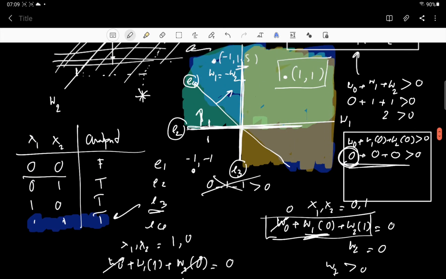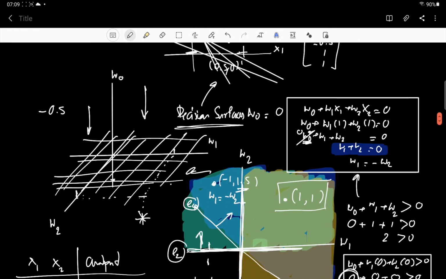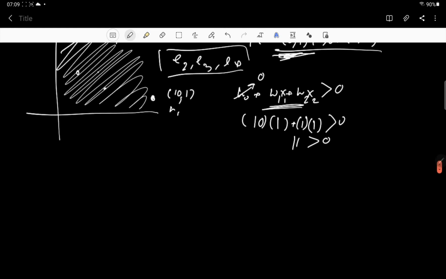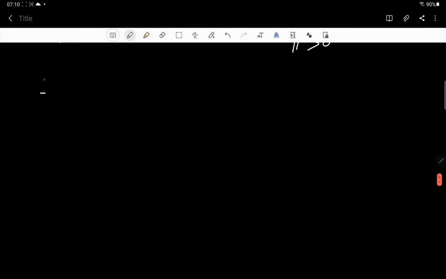Now we will shift this plane, we will push it down by 0.5 to make our W0 to be minus 0.5. So now we will make it a little bit faster than the previous clip. We have x1, x2, and output again: false, 0 1 to be true, 1 0 to be true, and 1